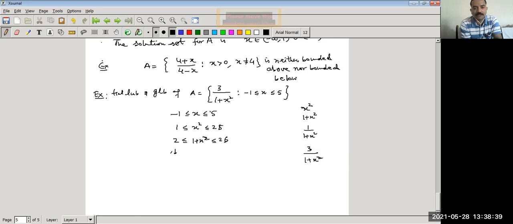तो रेसिप्रोकल करते हैं 1/2, तो क्या होगा ये ग्रेटर देन इक्वल टू 1/(1 + x²), विच इज ग्रेटर देन इक्वल टू 1/26. अब क्या करेंगे, इसको 3 से मल्टीप्लाई करते हैं. 3 से मल्टीप्लाई करेंगे तो क्या होगा, 3/2 इज ग्रेटर देन इक्वल टू 3/(1 + x²)